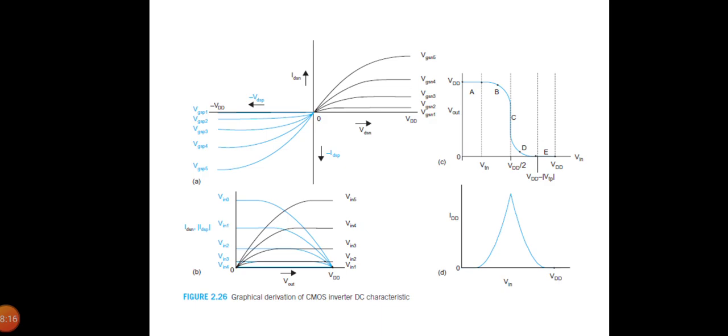So the resulting load lines can be plotted. For a DC operating point to be valid, the currents through the NMOS and PMOS devices must be equal. Graphically, this means that the DC points must be located at the intersection of the corresponding load lines. A number of those points are marked, and as you can see, all operational points are located either at the high or low output levels.